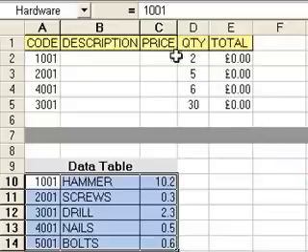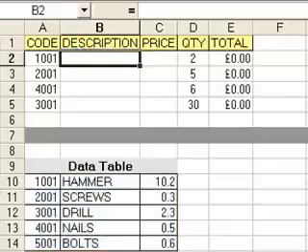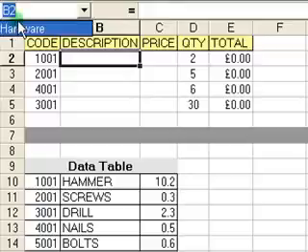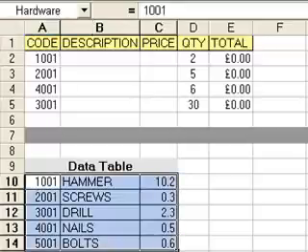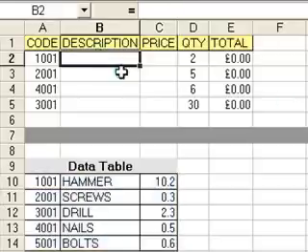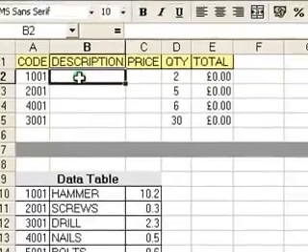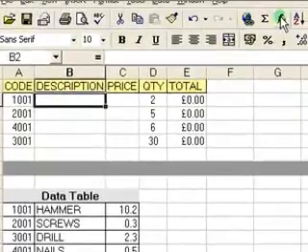Okay, I can just demonstrate how that works. If I just click somewhere away from the table and I click on the drop down name box, click on the word hardware, it goes straight to the table, which makes it much easier to use. Okay, with that set up, we will now use the paste function feature. First thing when you're using a paste function is click in the cell that you want the result to appear in, click on the paste function button,